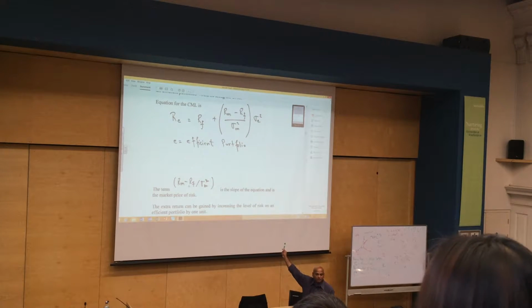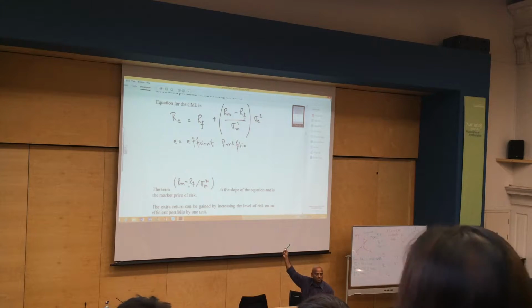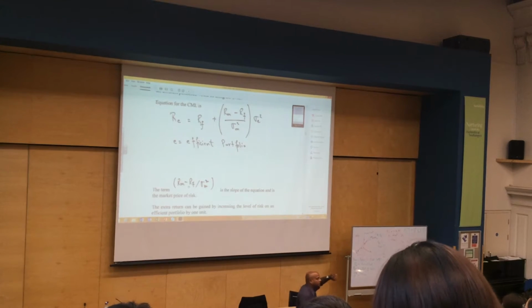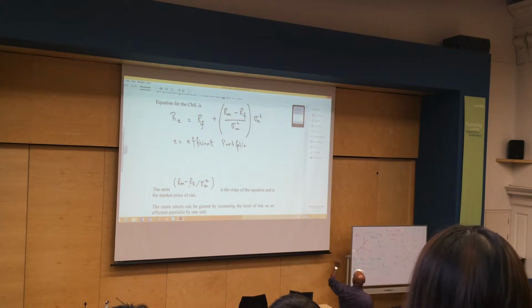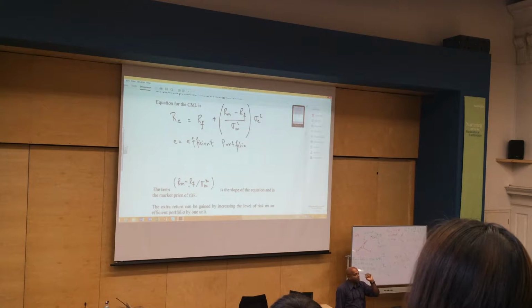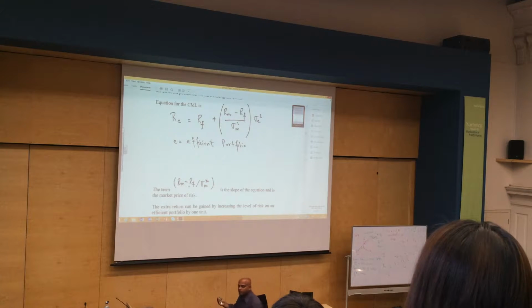The market price of risk, the slope, will decide that. How big it is. If you look at the equation, how much return will increase depends upon the risk-free rate, which is the intercept, and the market price. The slope is the market price for the risk. It will directly control how much return goes up by. How much is the market willing to pay you for taking this risk? That's what it tells you. That slope tells you how much the market is willing to pay for this risk.